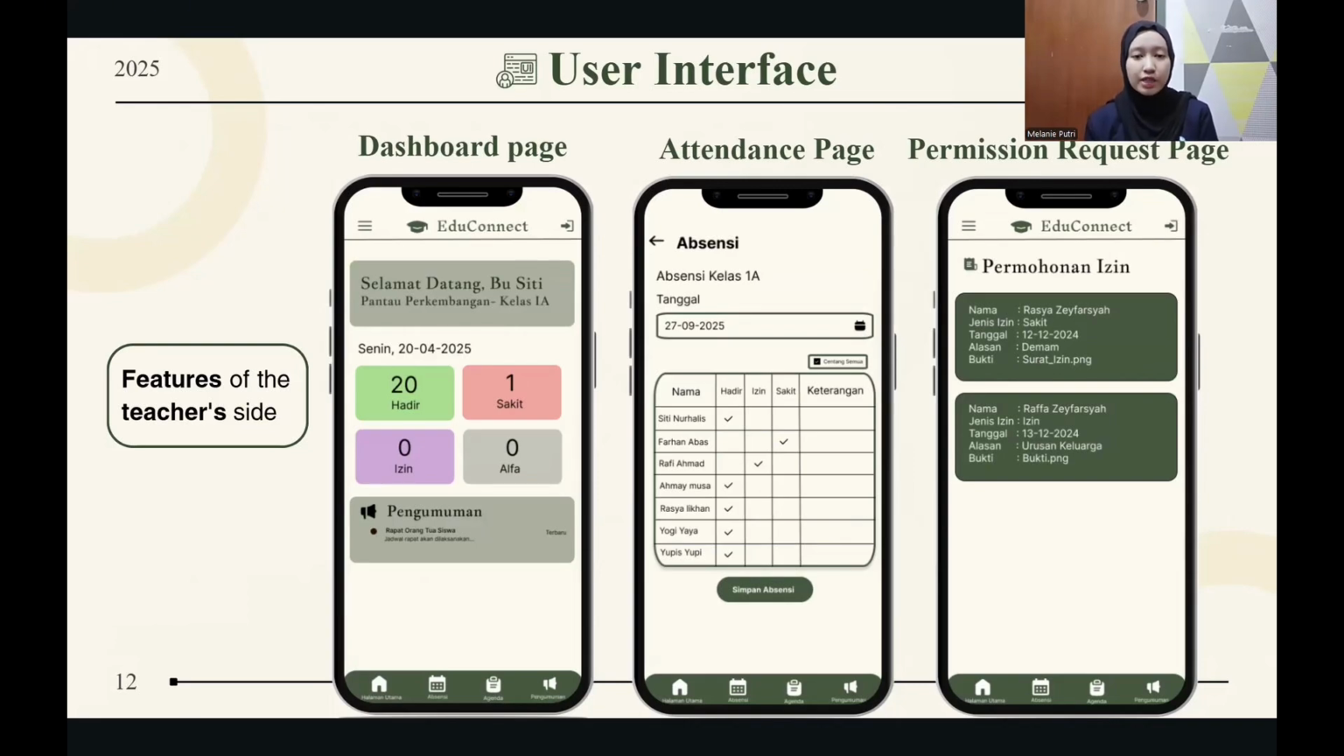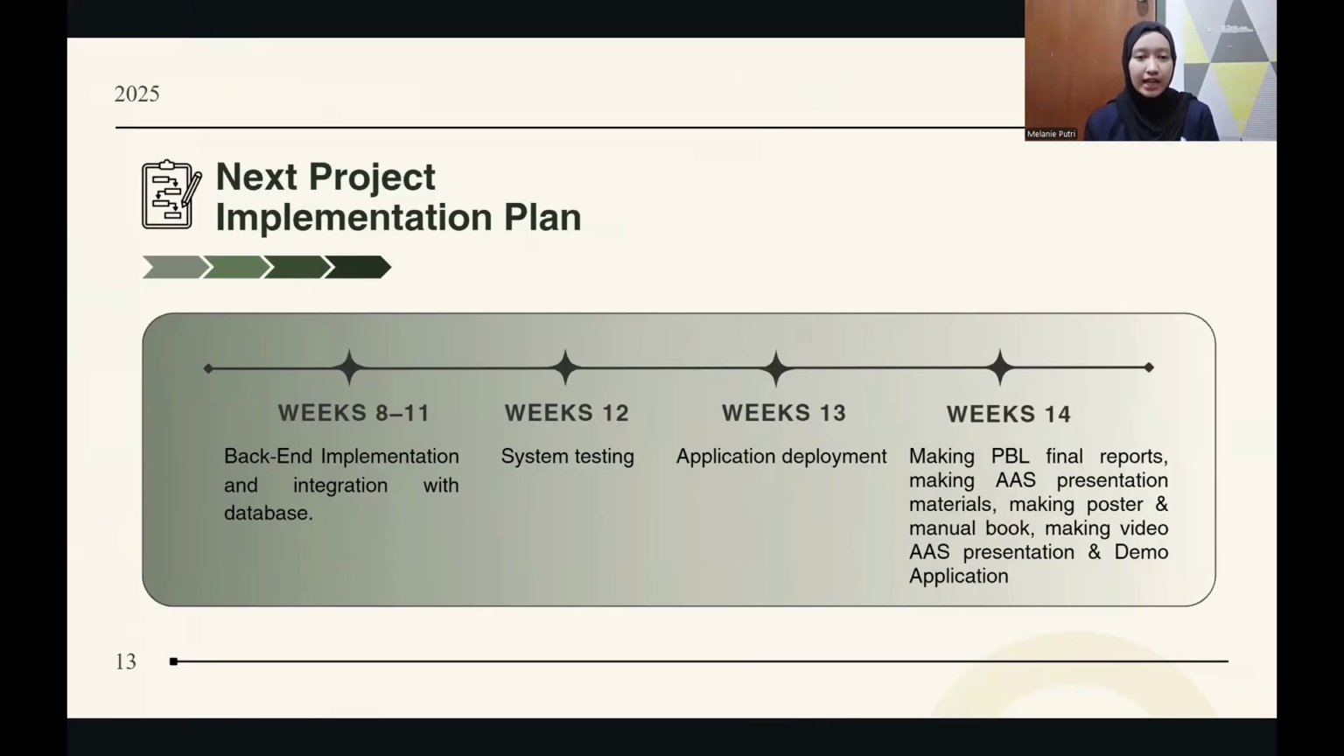On the permission request page, teachers can view permission requests submitted by parents. Next, the project implementation plan. In weeks 8 to 11, backend implementation and integration with database. Week 12, system testing. Week 13, application development. And week 14, making the PBL final report, AAS presentation material, poster and manual book, AAS presentation video